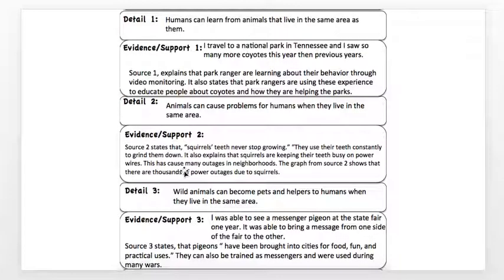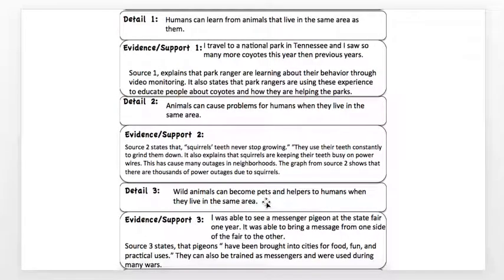So those are some evidence pieces that I could support for detail 2. I didn't really have anything from my own thoughts. I didn't have power lost because a squirrel chewed on my wire. I see squirrels everywhere. I see them on power lines, but there really wasn't anything that I could add to this. I might add it later on when I'm writing my paper, but I just pulled evidence from the text